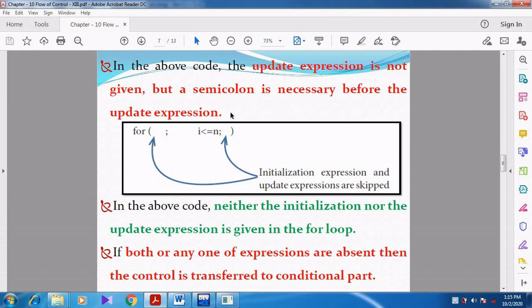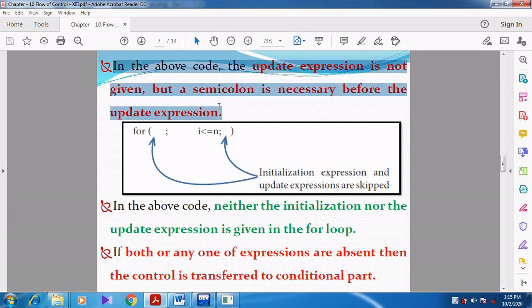Now I am going to explain another thing regarding the coding. In the above code, the update expression is not given, but a semicolon is necessary before the update expression. So that is what I told. The initialization and updation are optional. Not only initialization and updation, all three statements are optional.